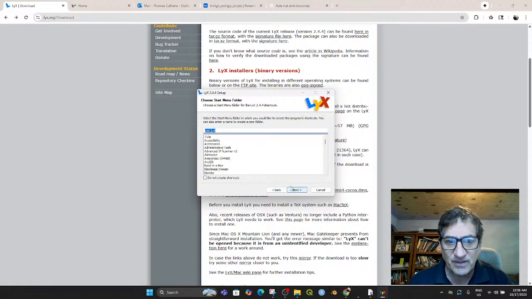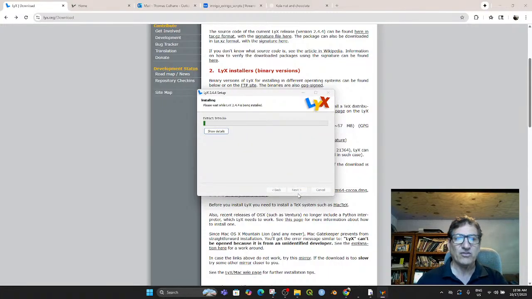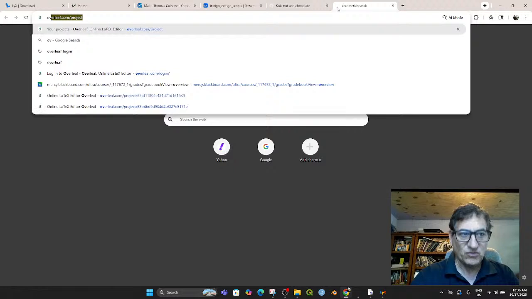All right. And we'll install it there. Path to TeX Live is already there, which is good. It found it itself, which is great. And it will extract. So this is all to try to get away from using Overleaf